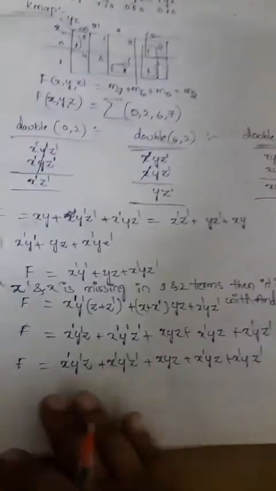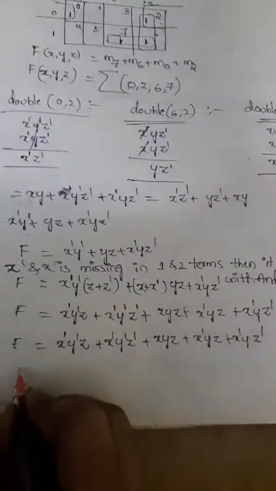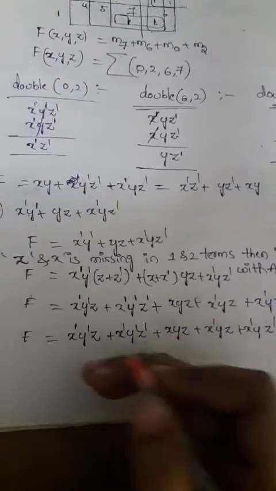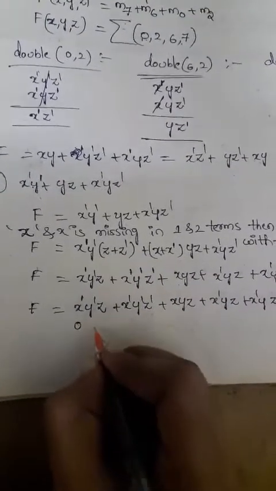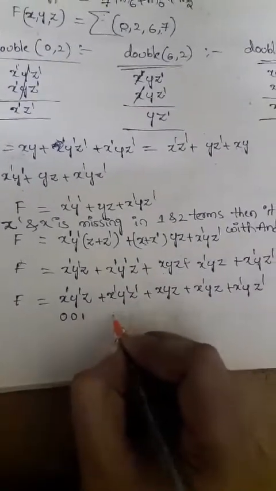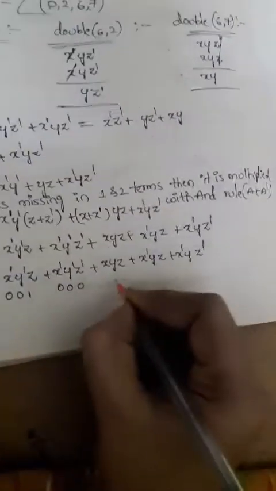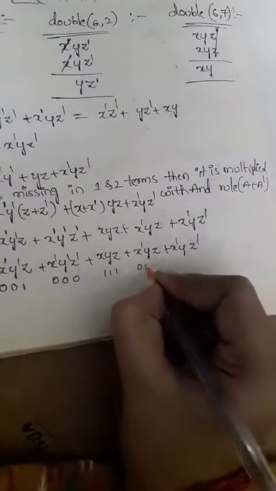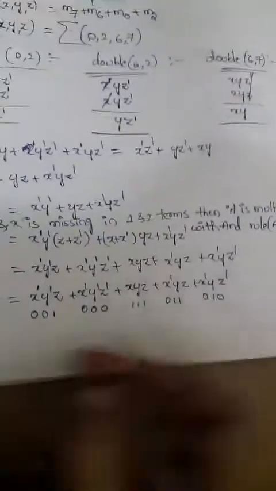Before going to simplify with the K map, what do we have to do? To simplify with the K map we need cell numbers, right? So how do we find the cell numbers? We can decode this equation into binary numbers. This is a sum of product, so complement will be 0 and normal will be 1. So I can decode these values into binary numbers 0, 0, 0 and 1, 1, 1, then 0, 1, 1 and 0, 1, 0. After decoding this, based on these binary numbers, we'll write the minterm equation.